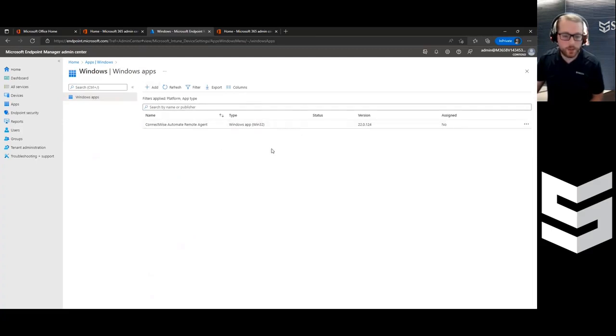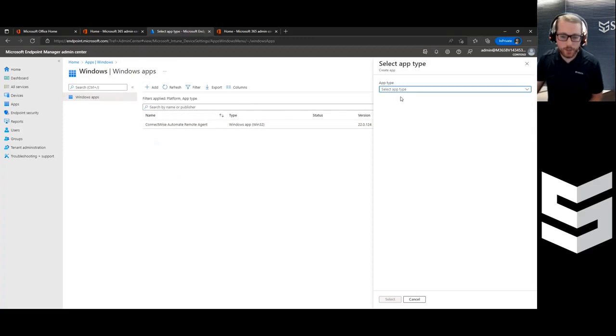So looking at that further, let's just say we want to add one ourselves. So we'll do add up here at the top. And then there are different options to add applications. So if you have a Microsoft Store application you need to add, maybe your company has a published app and you want to make sure it's installed in all computers, we have that option. M365 apps, but typically most of the applications that we deploy end up being Windows app,